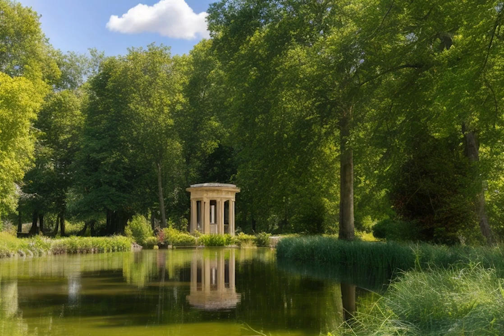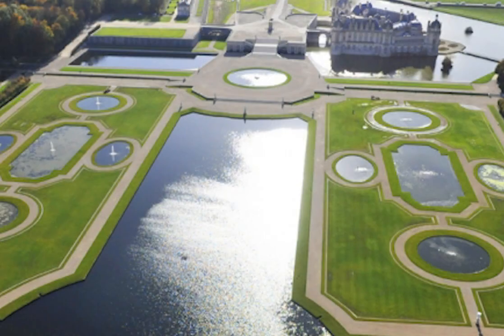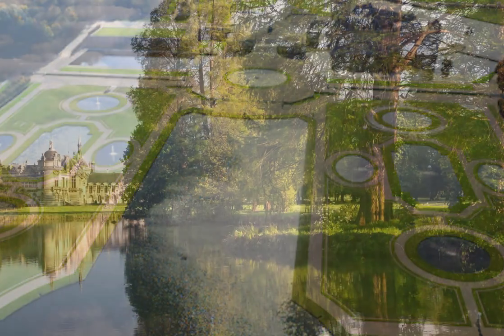generations. The gardens at the Château de Chantilly, designed by André Le Nôtre of Versailles, feature a blend of French formal gardens, English landscape gardens, and Anglo-Chinese gardens, including the charming Le Hameau. Highlights include